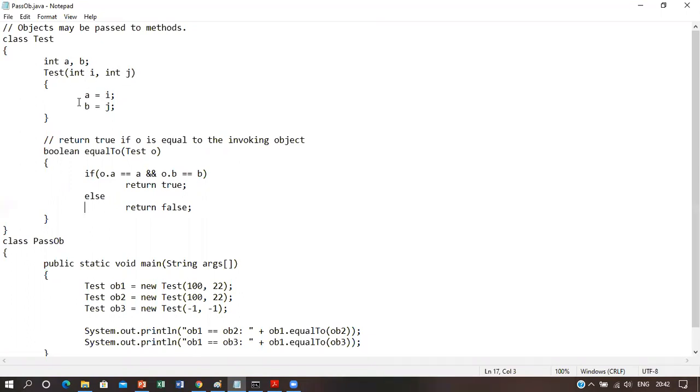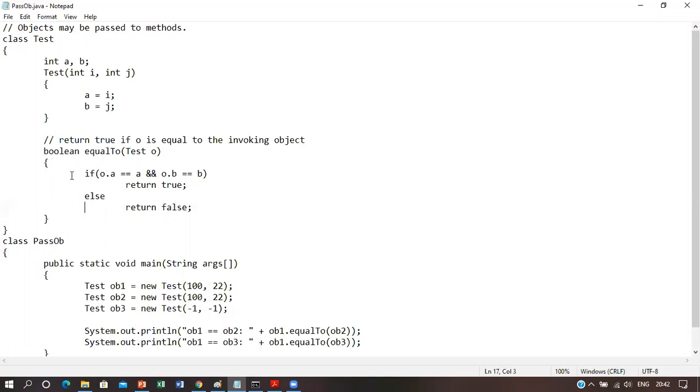Then inside this constructor body, two value assignment statements are written. The value of i, this parameter, is assigned into a, this instance variable, and the value of the next parameter j has been assigned into b, this instance variable. So two value assignment statements are there inside the body of this Test constructor.